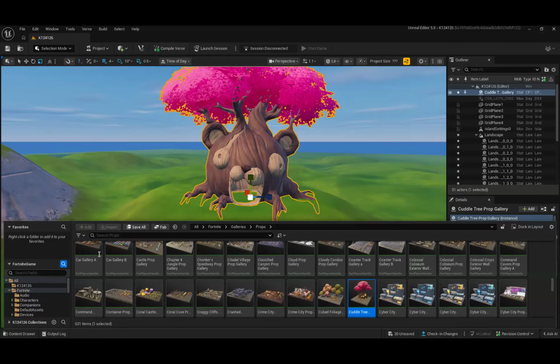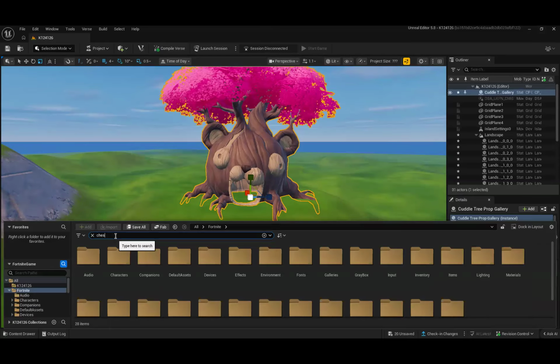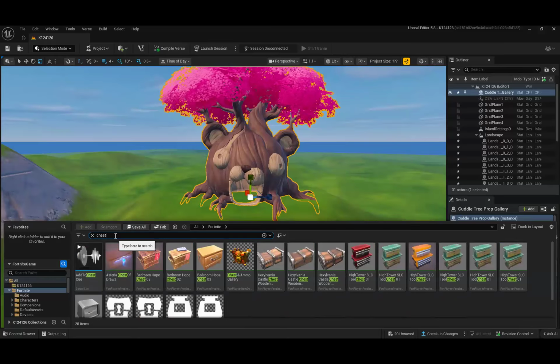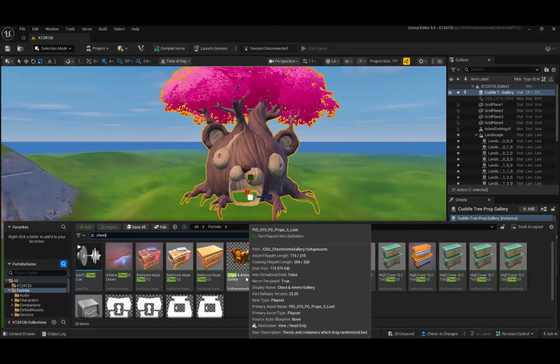Just click on that Fortnite folder, go to this little search bar, type in chest, and click enter. Then you'll actually see multiple things come up for a standard chest, like in Battle Royale in Fortnite. I've actually found that this chest and ammo gallery, for instance,